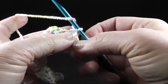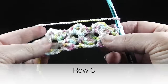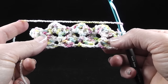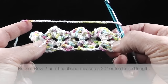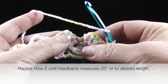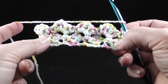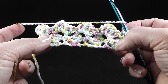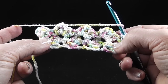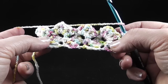Okay, now we're going to do row 3, actually row 3, until we get this piece to be our desired length. I'm going to make mine about 20 to 21 inches. I'm not exactly sure yet until I get to the end, but I will have all of that listed out there for you. And the reason being is I want this to fit my head. And so as I crochet along, as it gets bigger and bigger, again, to about 21 inches, I'm going to stretch it out and just see how it fits around my head and then